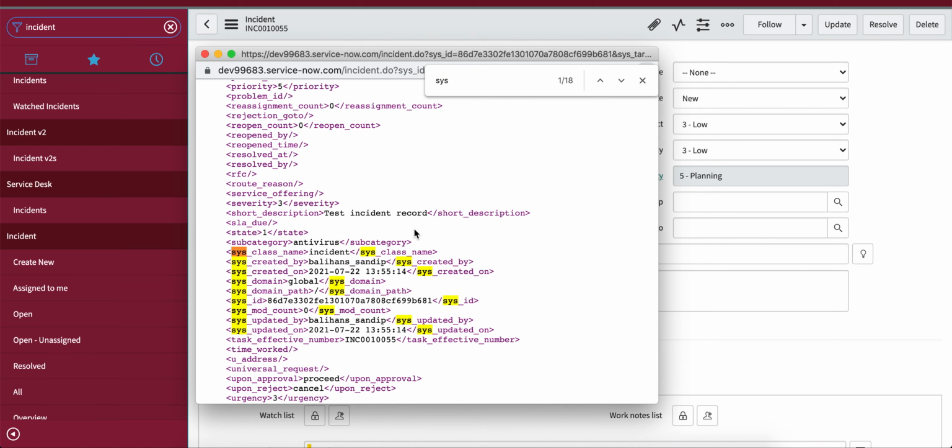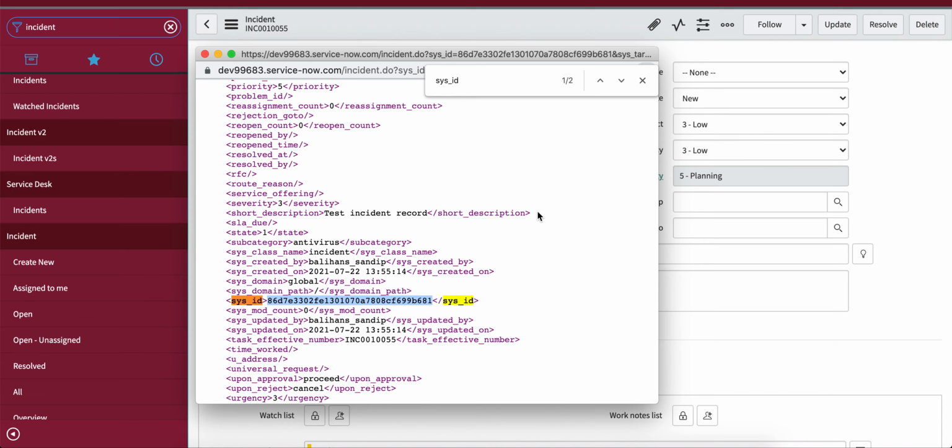And if you search sysid, it would show you the sysID which we copied. So let's just bear in mind the sysID is the unique identifier, and this is a very powerful concept which would help us identify an incident when we are working with